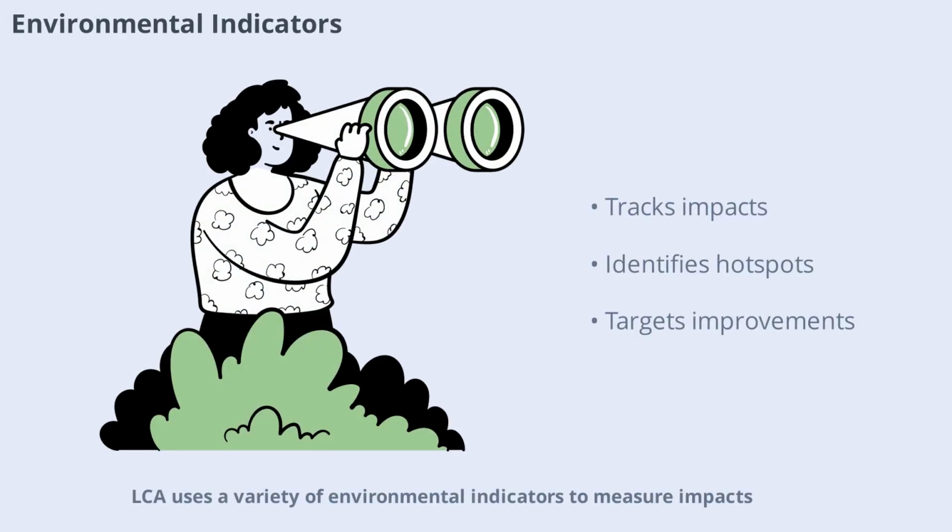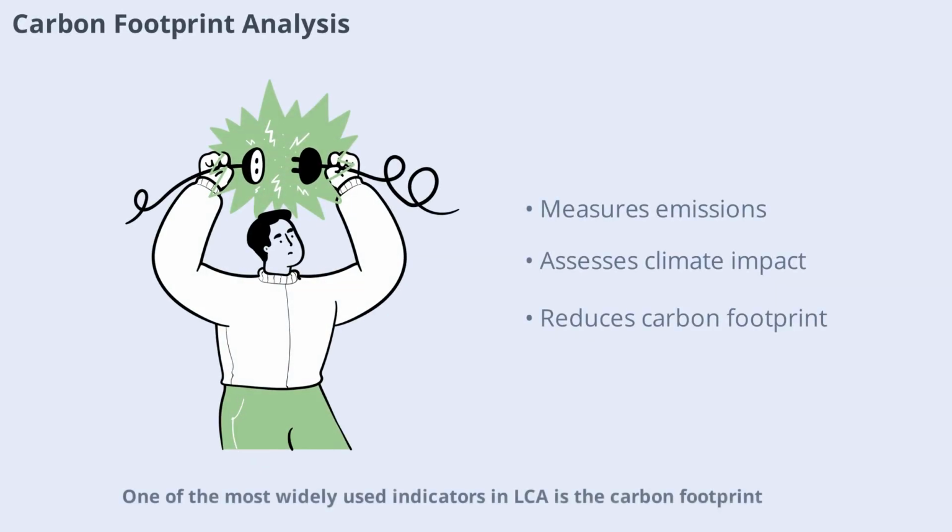LCA uses a variety of environmental indicators to measure impacts. Common indicators include carbon footprint, water use, energy consumption, and toxicity. By tracking these metrics, engineers can identify which aspects of a product or process have the greatest environmental impact and target them for improvement. One of the most widely used indicators in LCA is the carbon footprint, which measures the